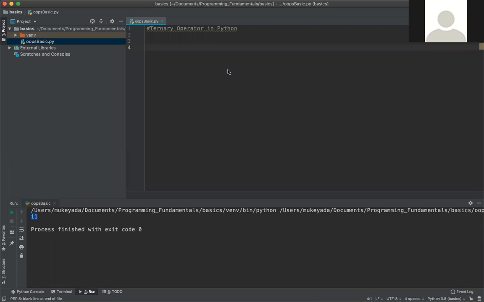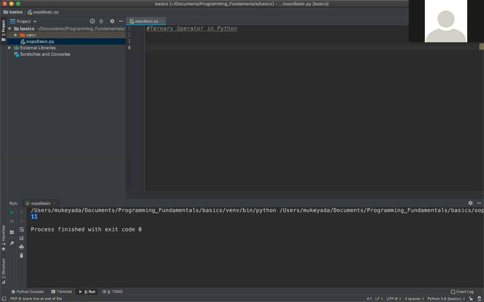So basically, everywhere we work in development cycles and in projects, we need to enhance our code quality and provide the code in an efficient way. So let's discuss the ternary operators. What are ternary operators? These are conditional expressions. These conditional expressions execute or evaluate something based on a condition being true or false.